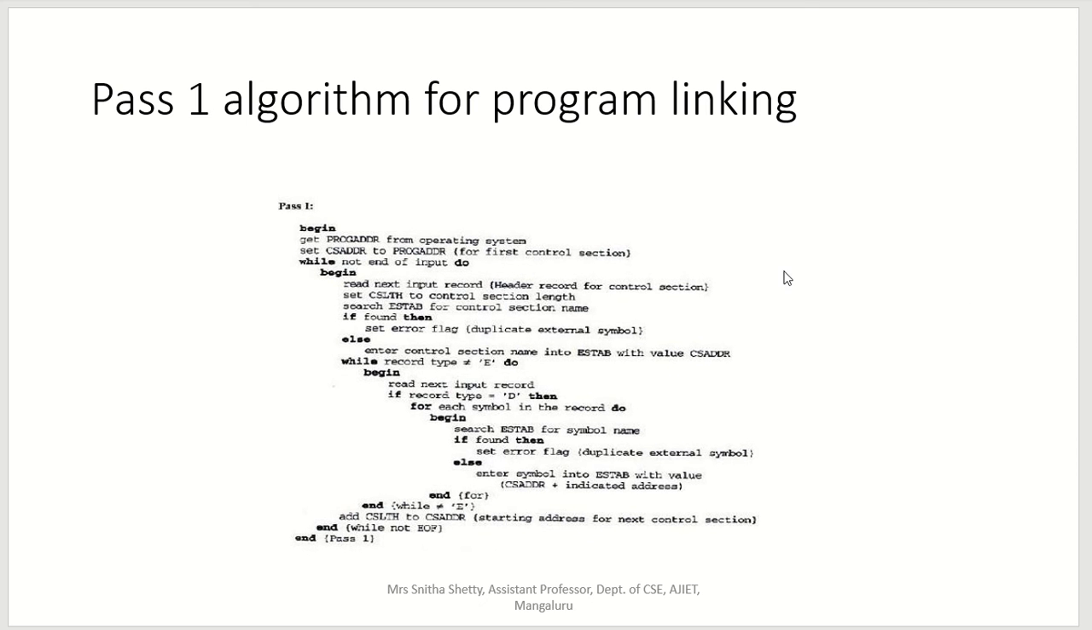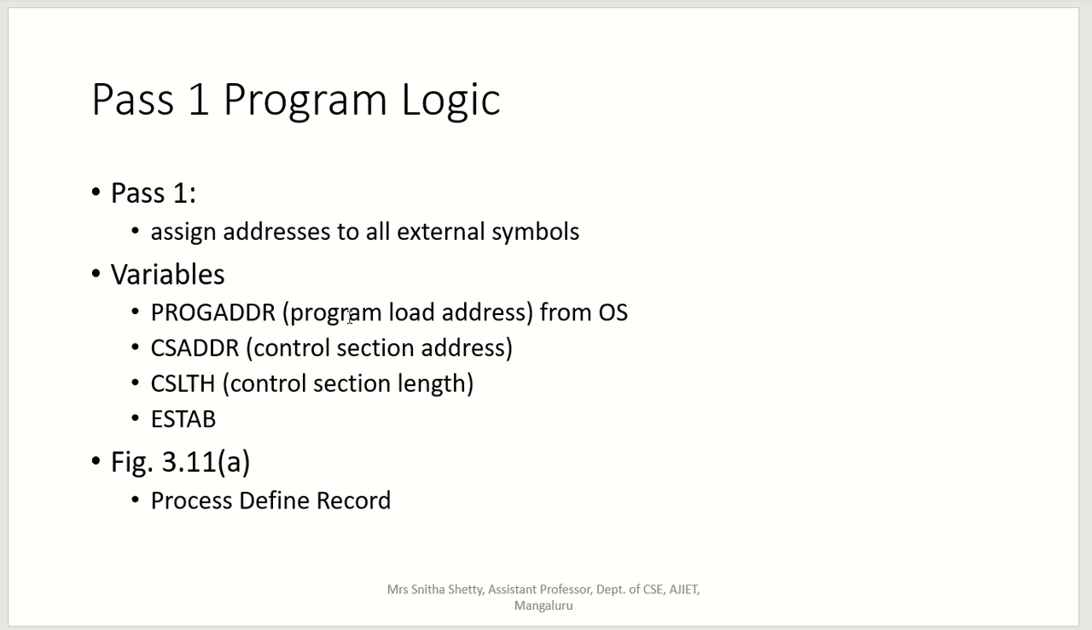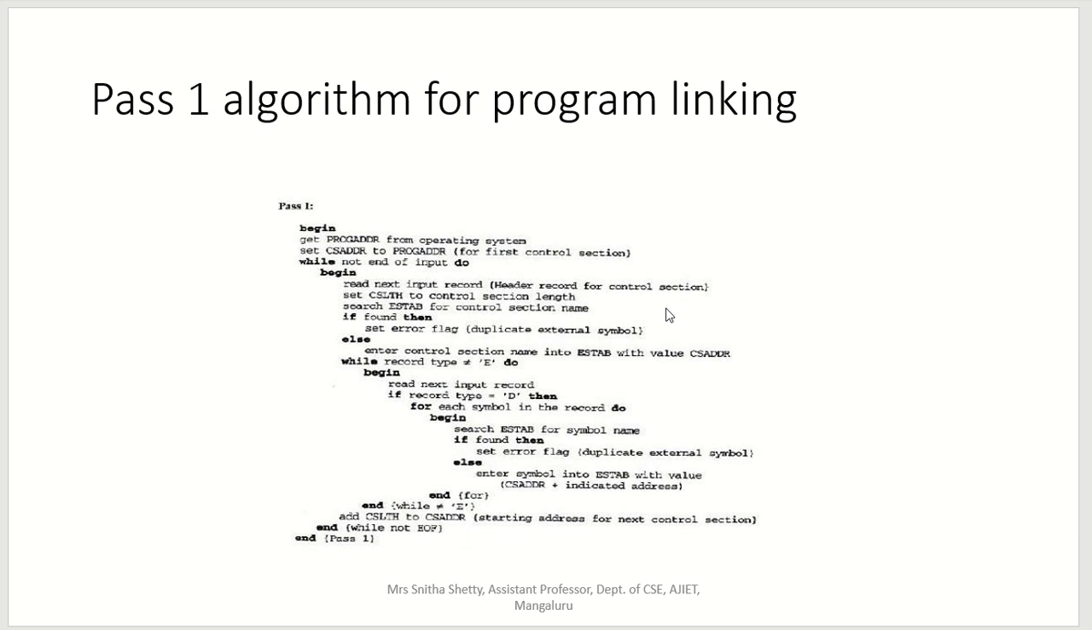Okay, so this is how pass 1 works. I explained it here with the example. So just go through these variables and understand this algorithm. Okay, so